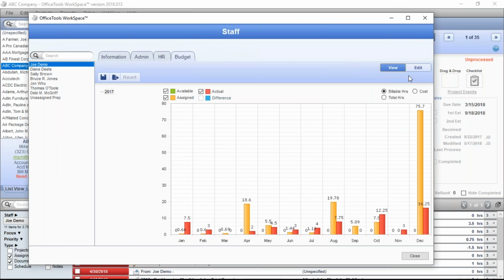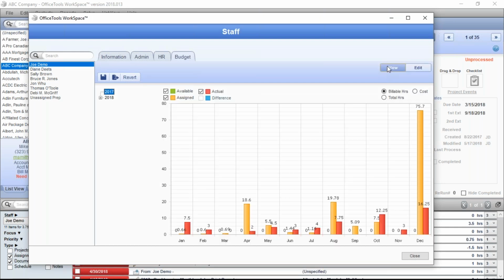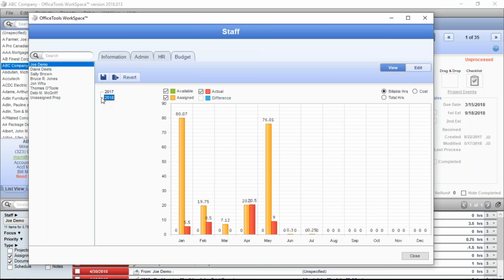So what I'm going to want to do is come to the edit screen here and actually begin putting in some values. Okay, so we'll just say 160 a month. We're going to make Joe work. Maybe in March we'll do 180, right? Yeah, put Joe to task. So now that we have some budgets in the system, we'll be able to see those things actually show up on the screen and become available items.